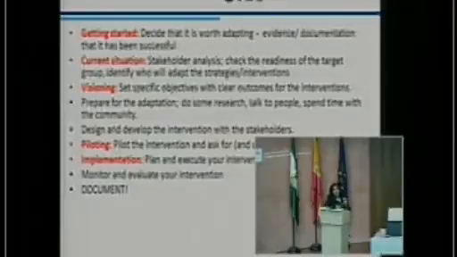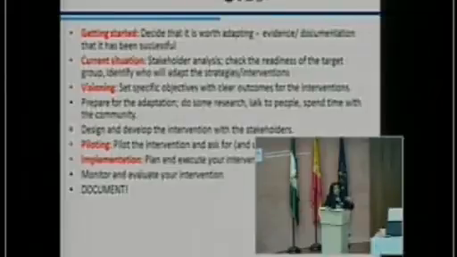And then you have to have a vision. You have to say, okay, by adapting this intervention, where do we want to be? And we have to have concrete outcomes for the intervention. We have to prepare for the adaptation. Do your research, talk to people, spend time with the community, design and develop the intervention with all the stakeholders,